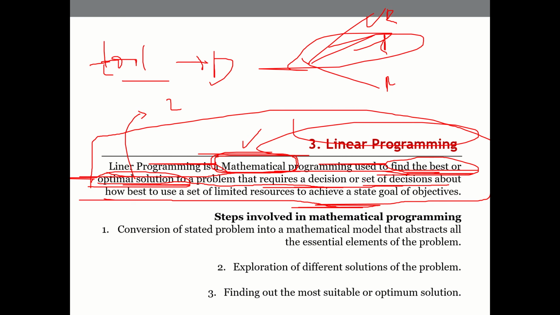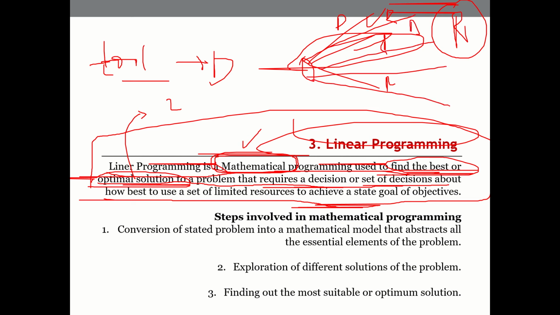Okay, and how do we know that? Based on different factors. For example, let's say we have to reach a place called R. Okay, and we have modes. We have bicycle, two-wheeler, car, or public transport, and so on and so forth. And all these mediums can be used to reach a destination called R.